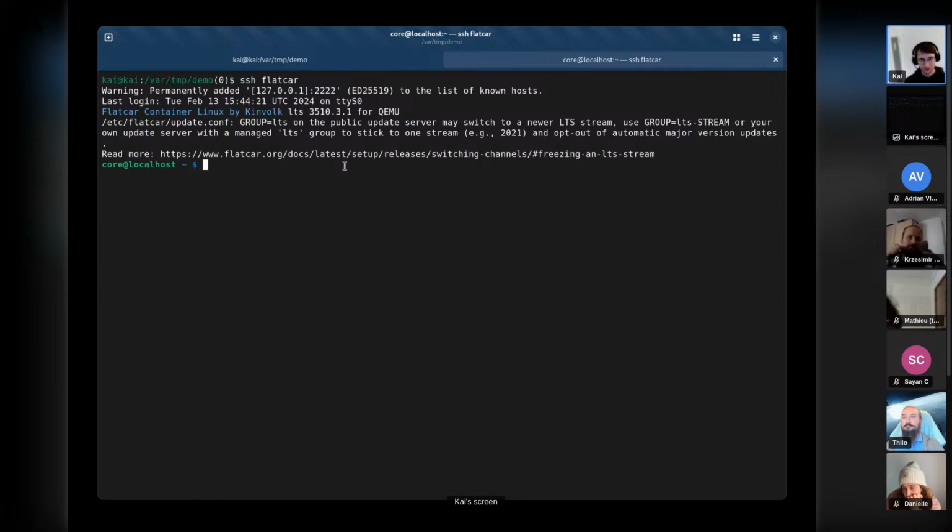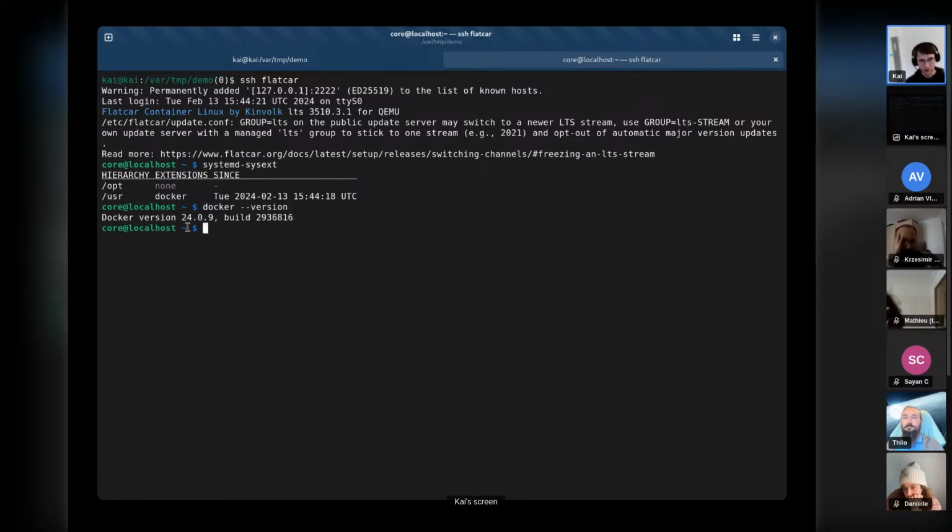So we are on the LTS version that normally has an old Docker, and now we can check that. First let's check that our sysext image is actually applied. And we see, okay, we have this Docker image here loaded. The Docker version is 24.0.9, the one we specified.